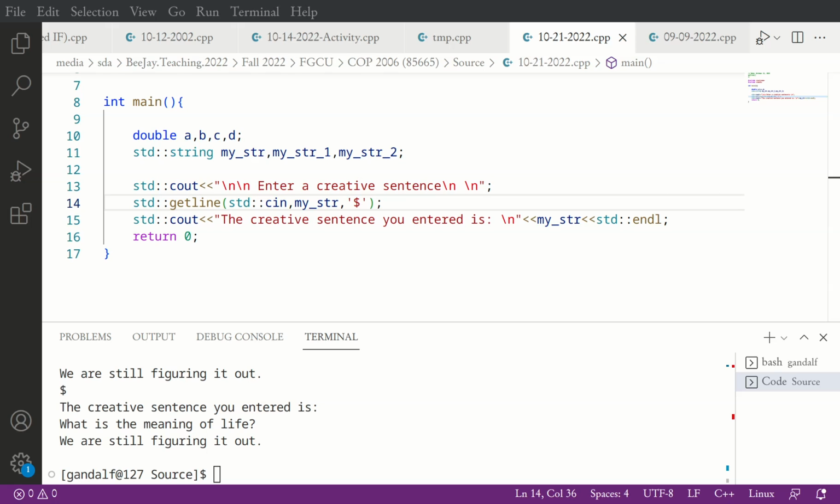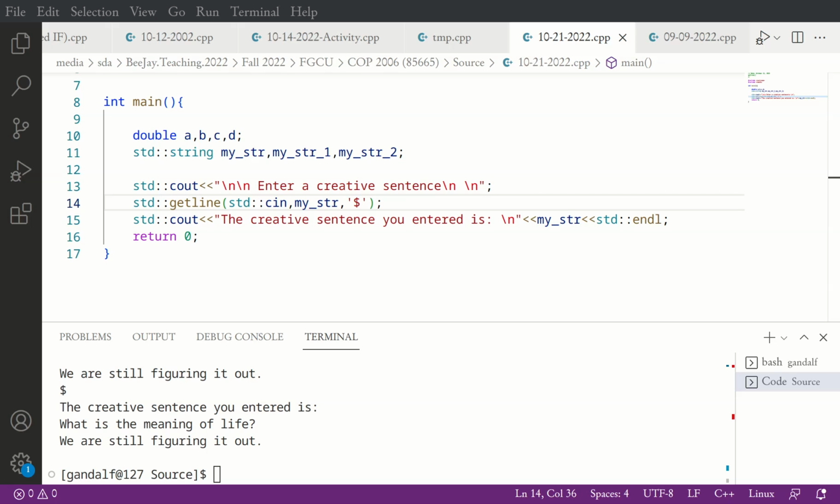So you can use a string variable for each word, but that's just silly. If you have a paragraph such as what is the meaning of life, we're still figuring it out. Do you really want to create that many variables for each word? No, not a good idea.